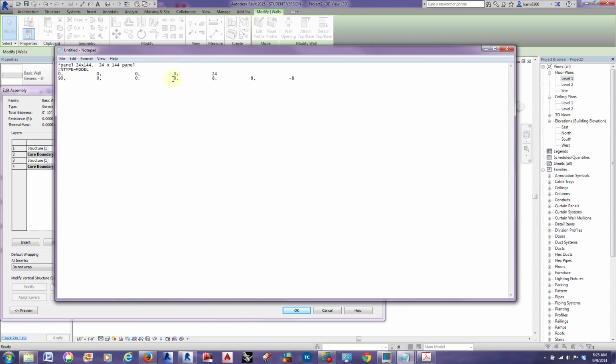And so what happens is that original pattern made an 8 by 16 inch block, right? So we kind of want to think about it in that concept where this one should say 24 inches,